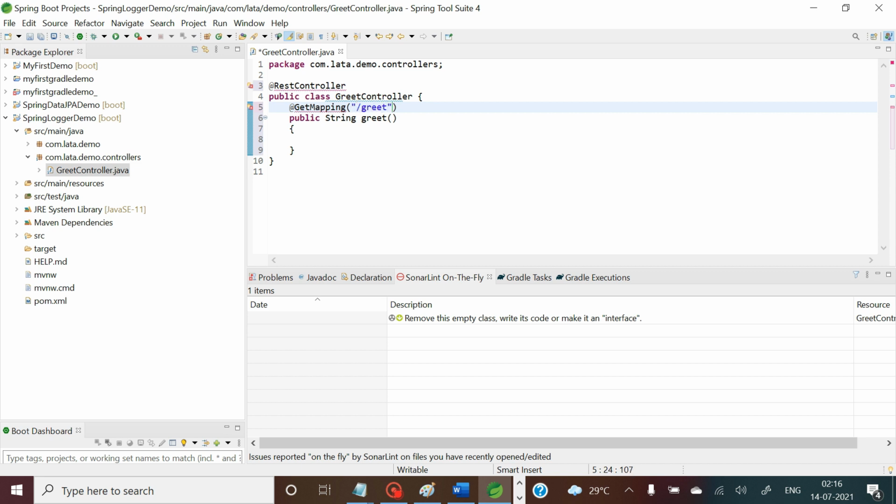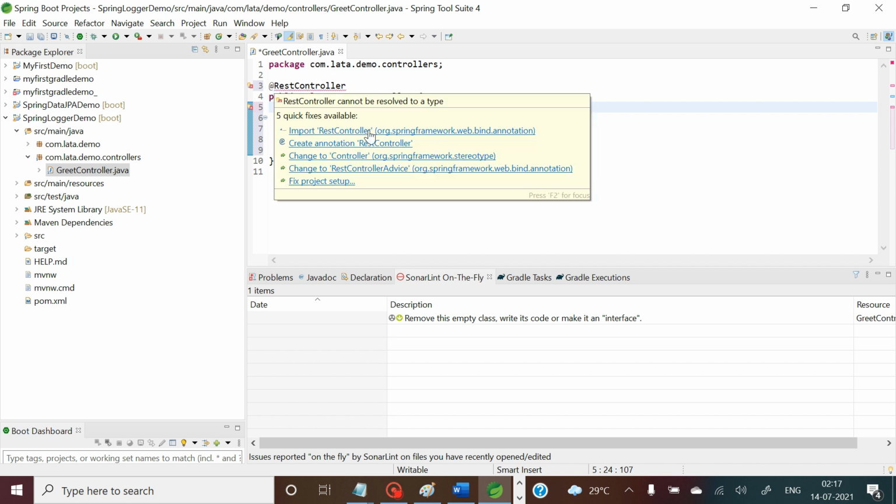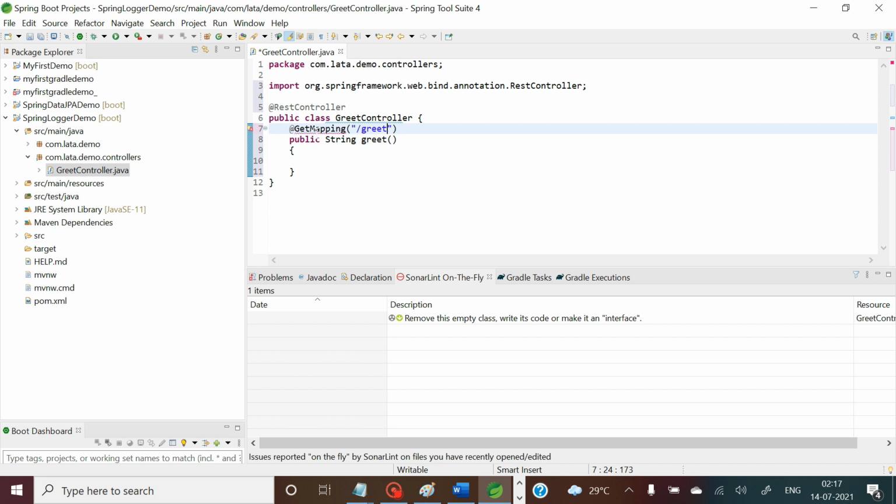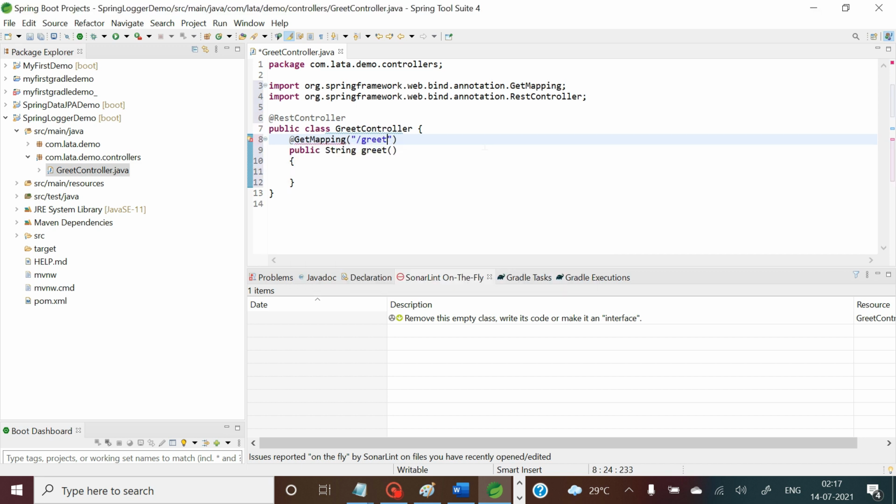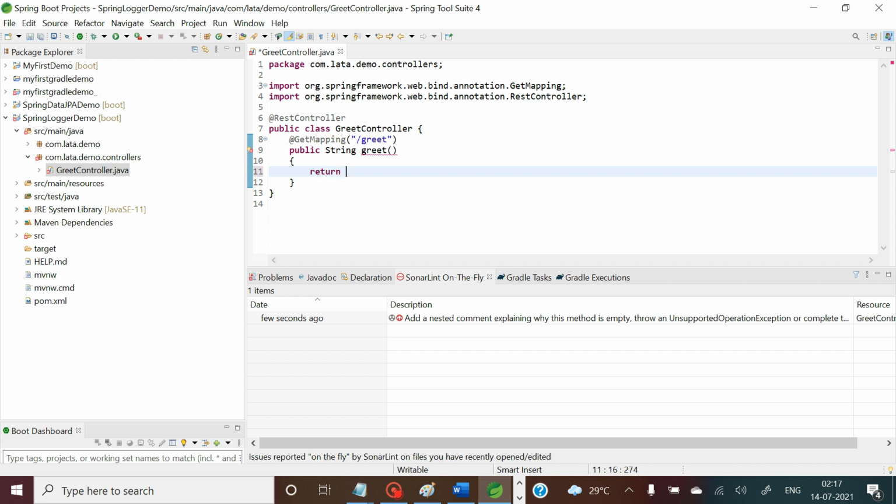And this is the URL mapping. After doing this, I can return a string type value from here, and that is welcome.